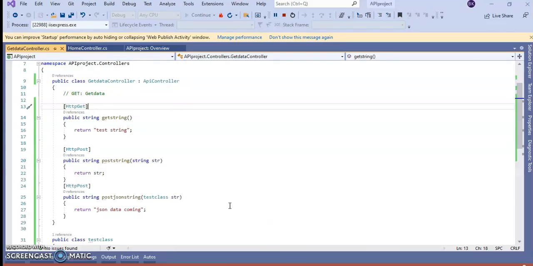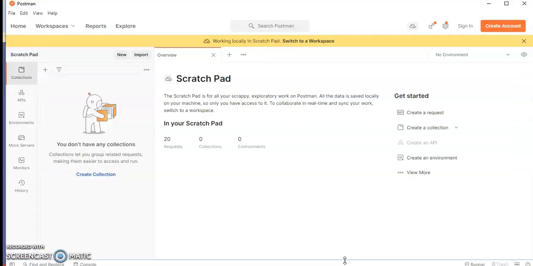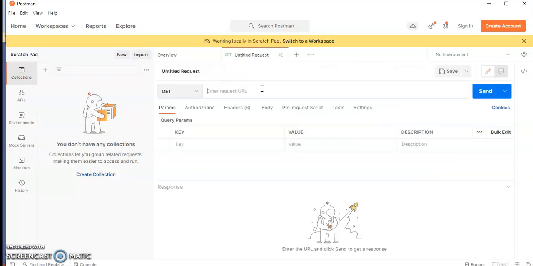Let me call this API from Postman. We have get data as a controller here. Let me go to Postman. I'll just create new. Here you can give your API URL.